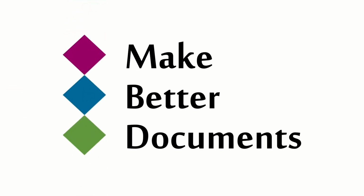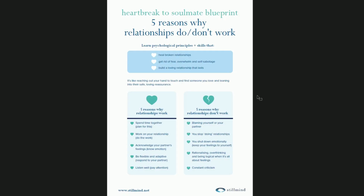Better documents. In this series, we'll take a look at some documents. We will look at 3 good things about a document and 3 things that could be better. In this episode of Make Better Documents, we're going to take a look at a handout that is part of